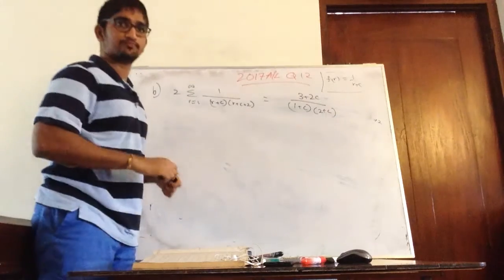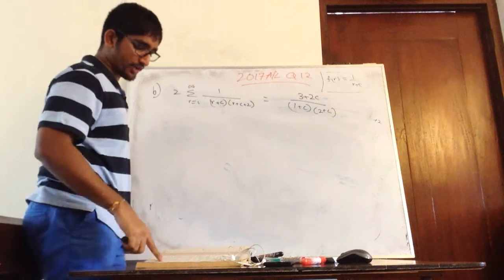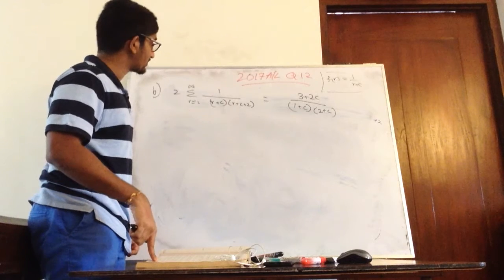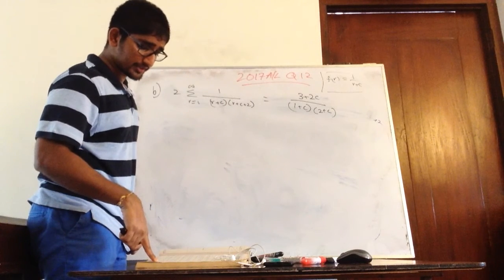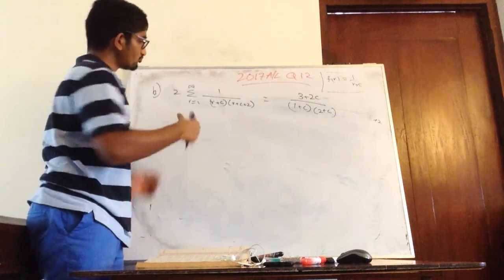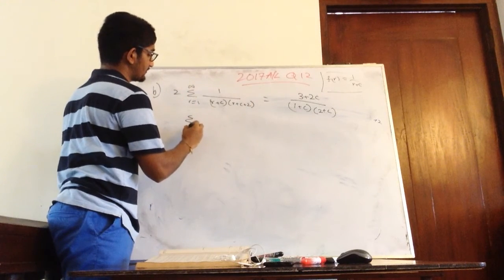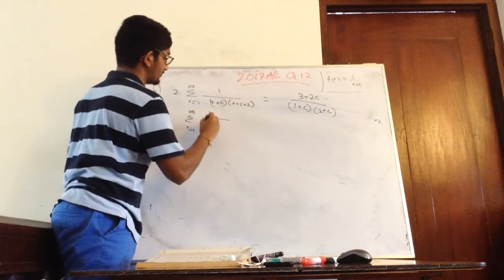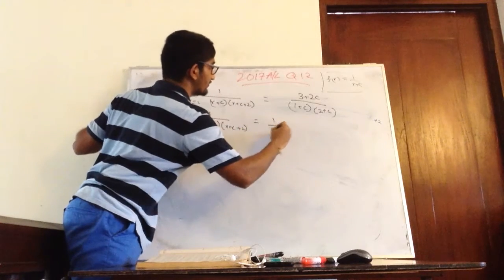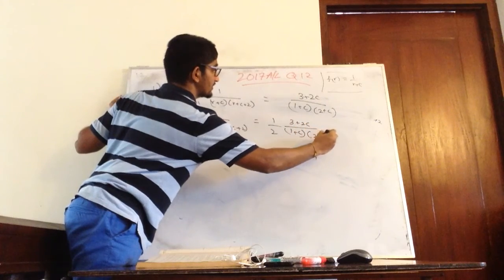So I know this law, right? So I'm going to look at the answer. So they are saying 1 over r into r plus 1, r plus 2, no? That is one of the things. And the other thing is r plus 1, r plus 3. Right now? So I'm going to put the 2 here. So then I'm going to get a general thing as half 3 plus 2c, 1 plus c, 2 plus c. Right?